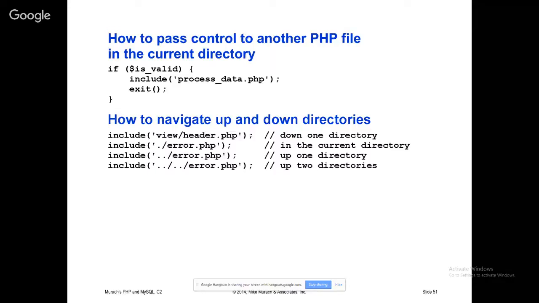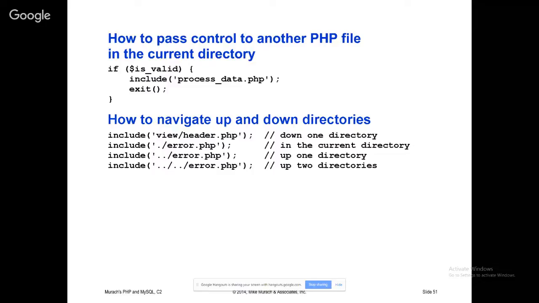So here's a realistic way of how you might use this. Let's say that you have a certain variable and you check if it's valid. So this is a variable that we have defined. If this variable evaluates to true, then we're going to include the process data PHP and exit the current script. Right? And then here as an example of if your header